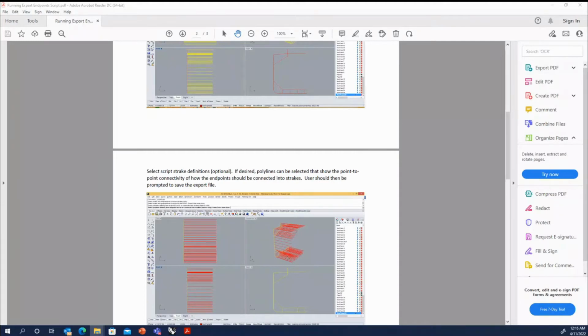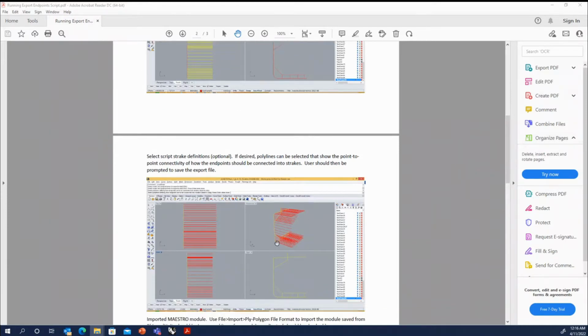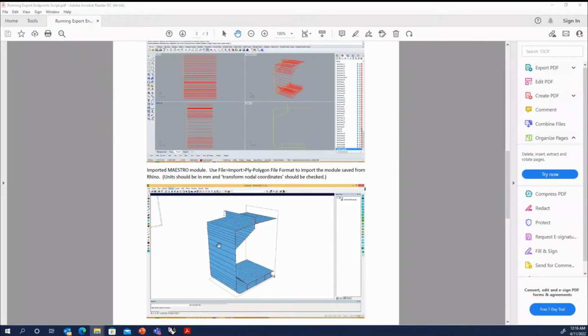If you don't, it'll just create the endpoints, and then you can manually create the strakes in Maestro. But if you simply create these polylines at the end, it will go ahead and make the strakes for you,